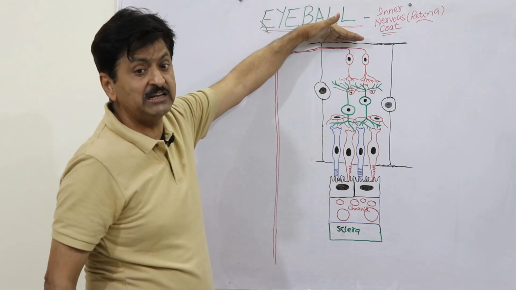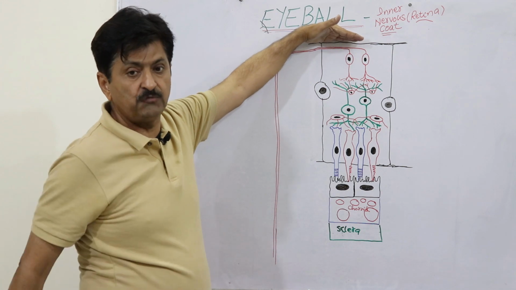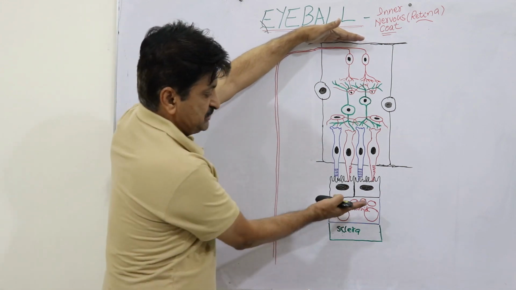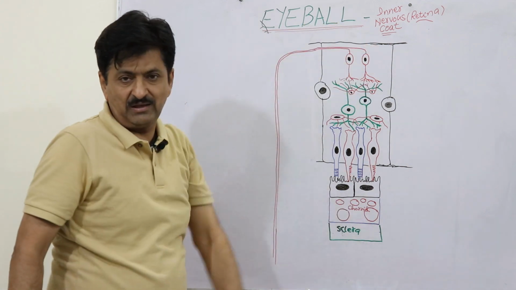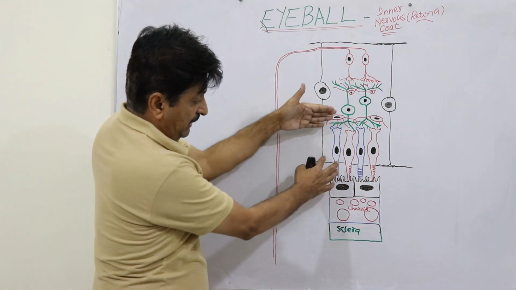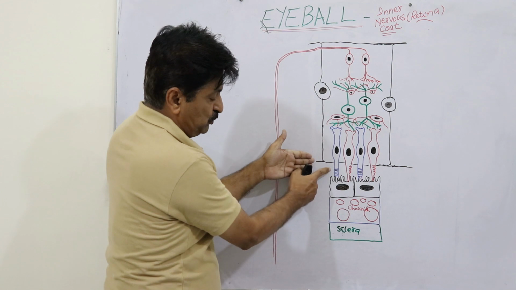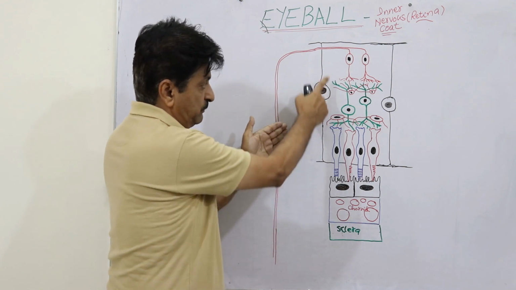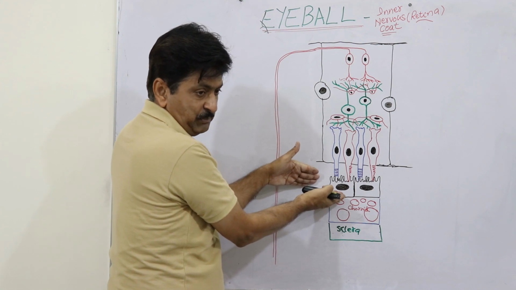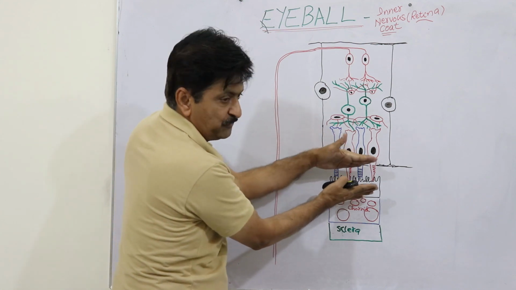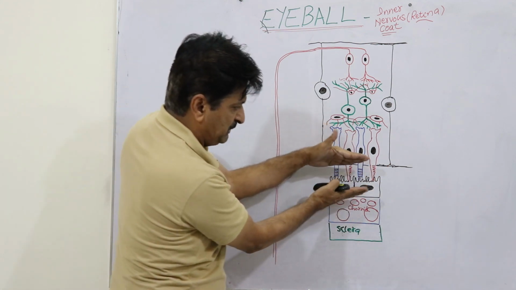Till the last layer, the 10th layer will actually separate it from the vitreous. That means it is sandwiched between the vitreous inside and the choroid outside. And these layers which I am showing you are called layer number 2 onward up to layer number 10. This is now the retinal pigment epithelium, and this epithelium is in such a way that it is not firmly adherent with